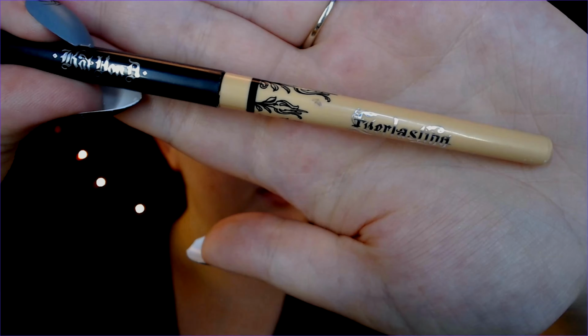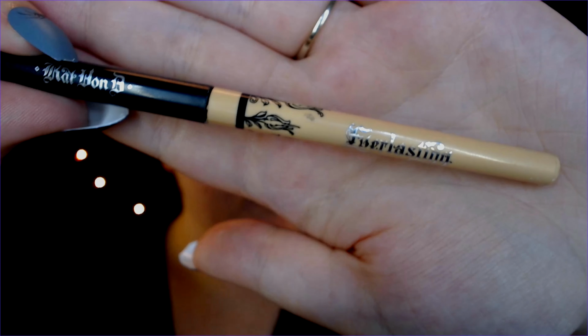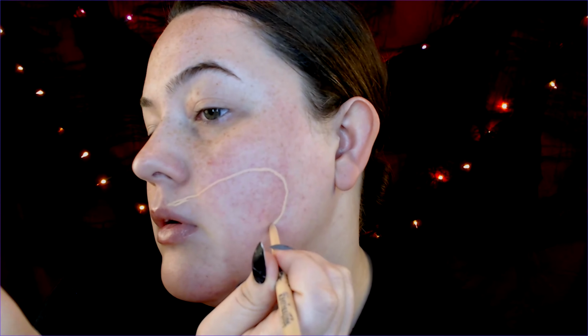So now I am actually going to start with laying down the outline for the scar that I will be doing. I will be taking my Kat Von D lip liner in the color Swanley, and I will map out where I'm going to be laying my liquid latex and tissue. Alright, so now that I have that mapped out in a fleshy tone, just so that I have a guideline on where I need to lay the product,